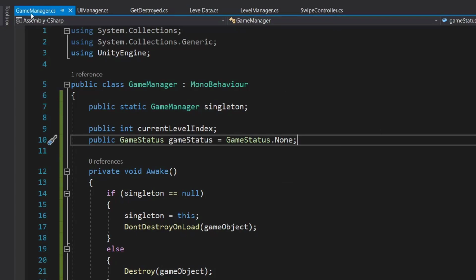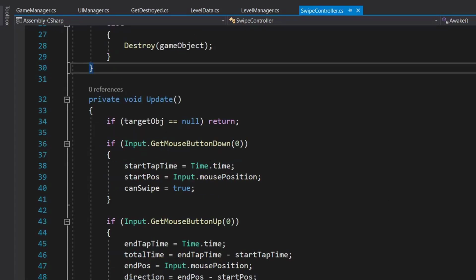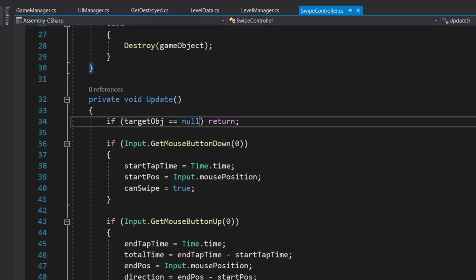Now let's go to our SwipeController. Now the issue we are encountering is that when we click on our level button, we go to our level. As soon as our ball is spawned, we are adding a force to it, and we don't want that to happen. So in Update, we are checking here if our target object is equal to null, and if it is null, then we are returning. And we need one more check.